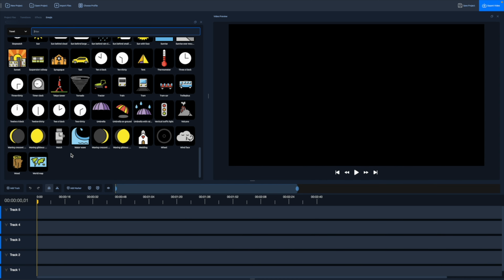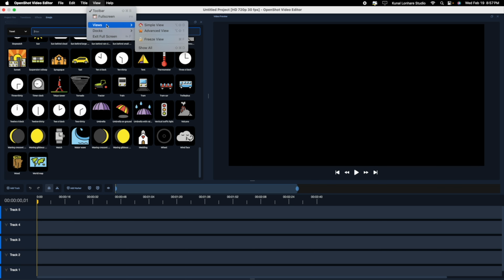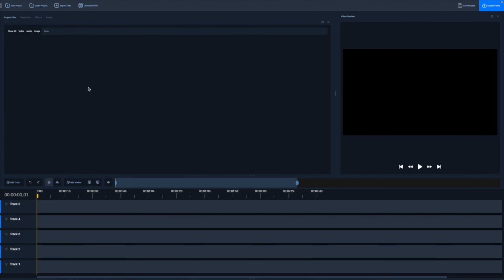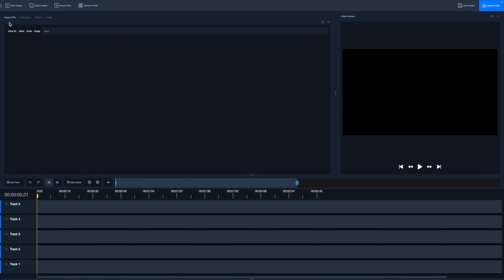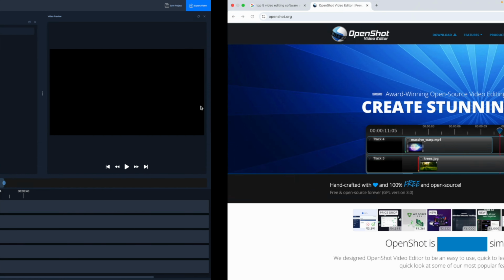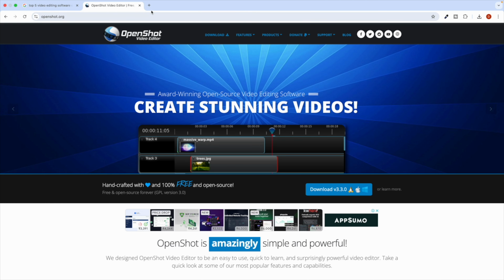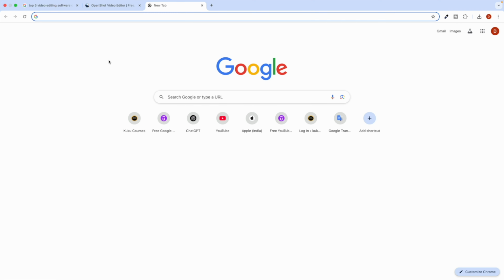And in the view, if you want, you can just make the simple view over here like this. It's a very simple view. But this is how the software works, and this is what we have downloaded. Now the other thing which we need to download is the